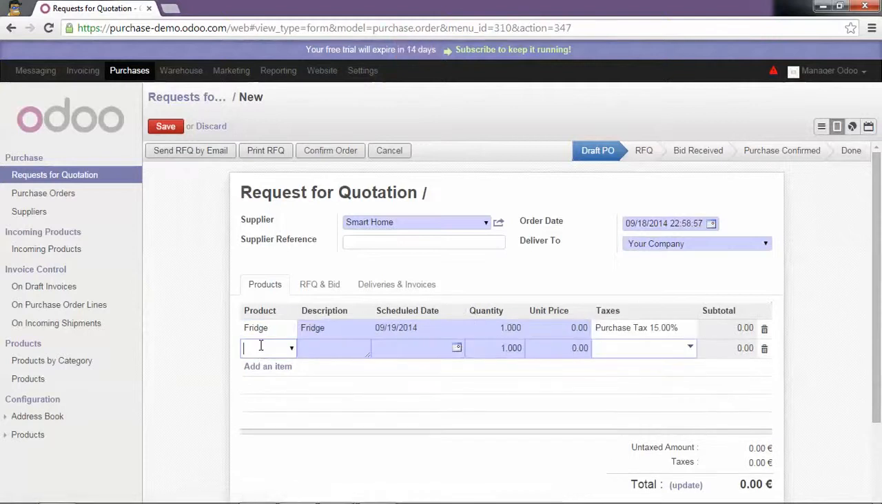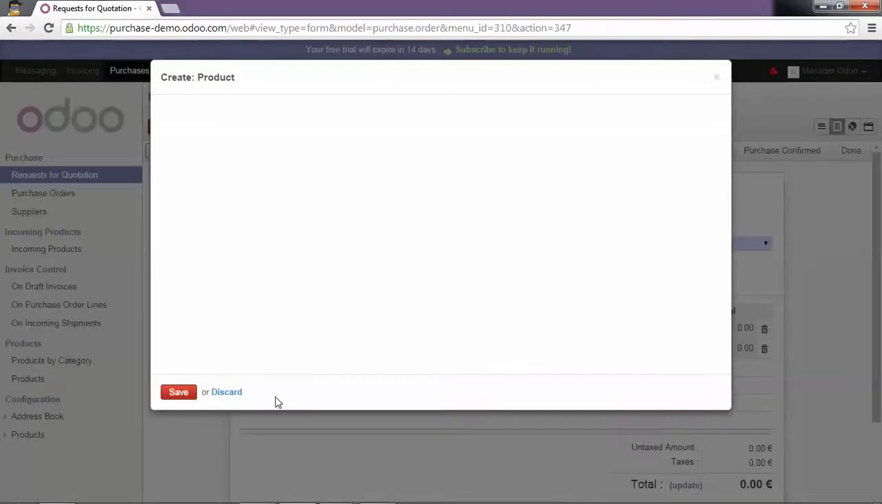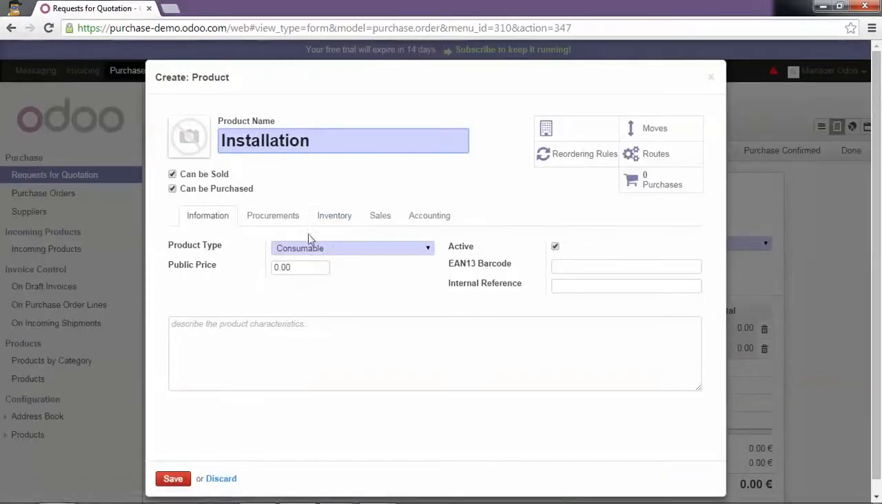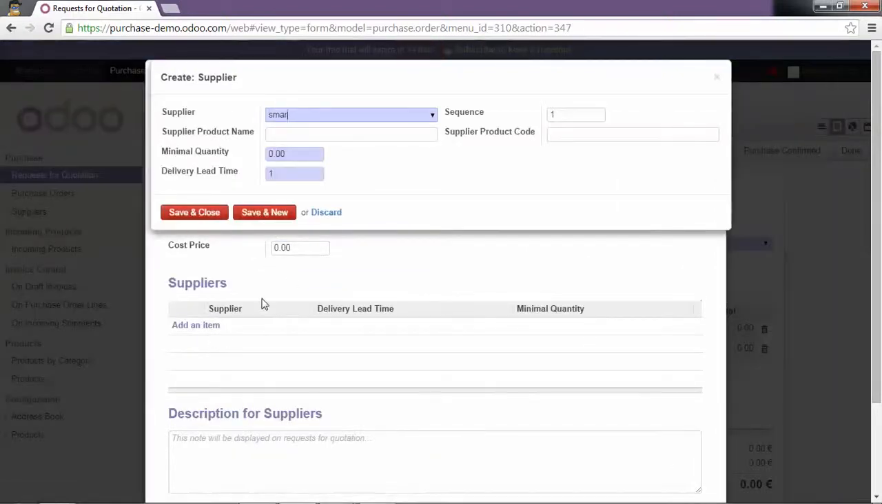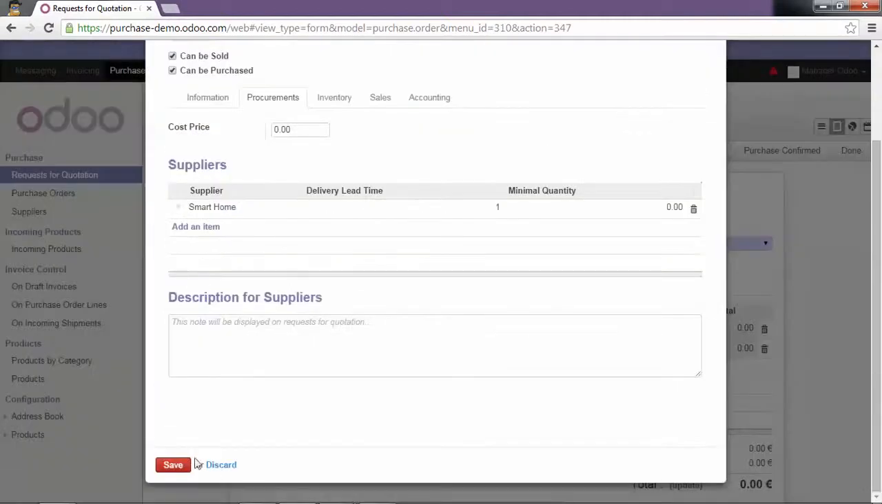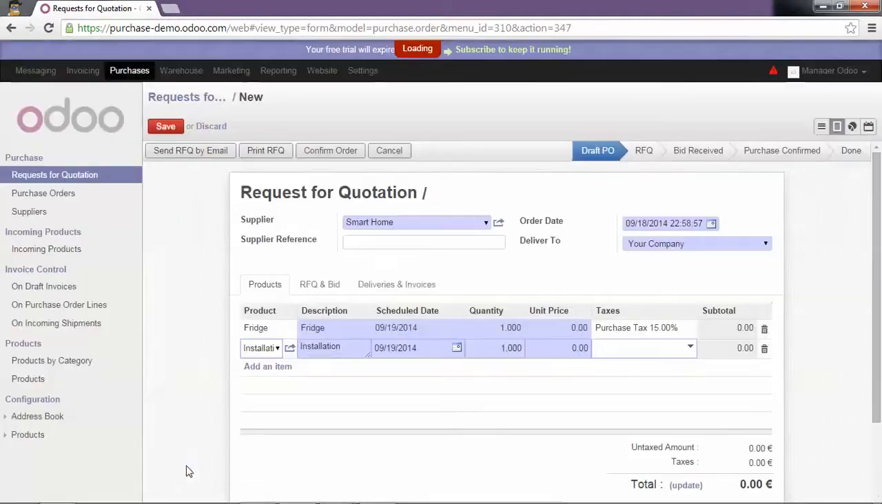We can type in the second product, which is a service installation. Create and edit, and mark it as a service, which will be supplied by Smart Home. We save and edit. Now we can save the request for quotation